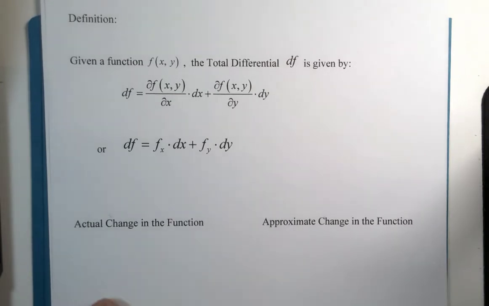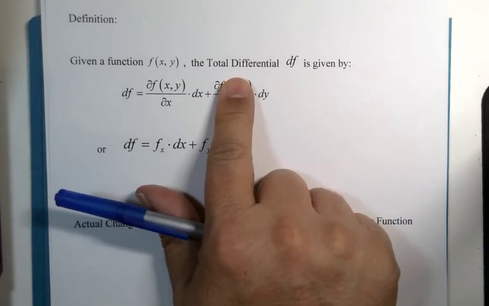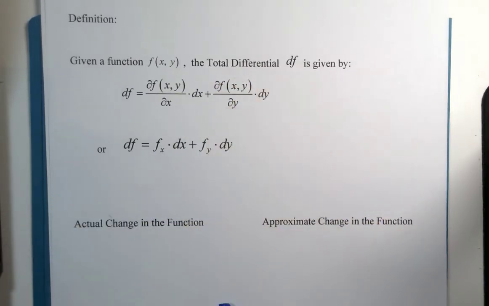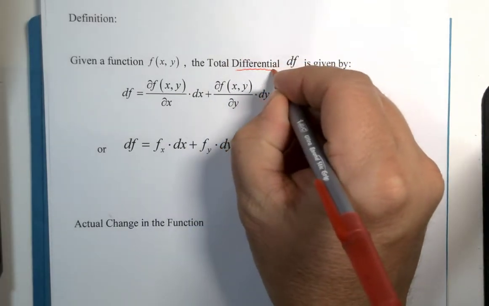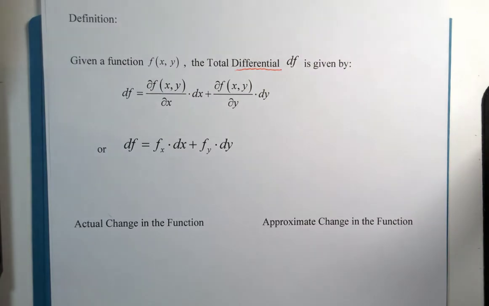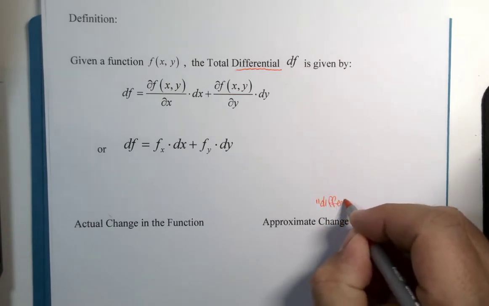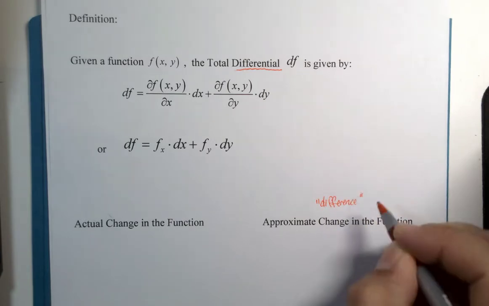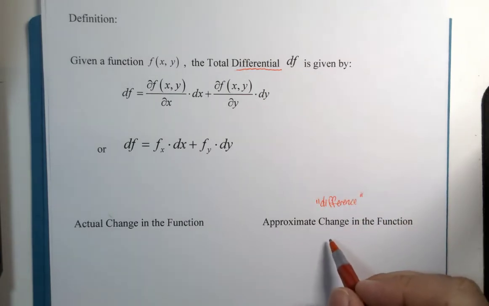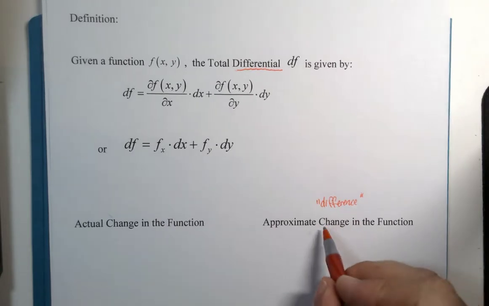So as the title calls it a differential, you could think of part of the root of that word is what makes it different, or what is the difference. The differential is a way to measure the difference in a function. It will commonly be called measuring, how much does the function change,